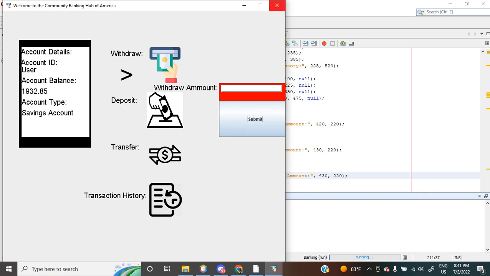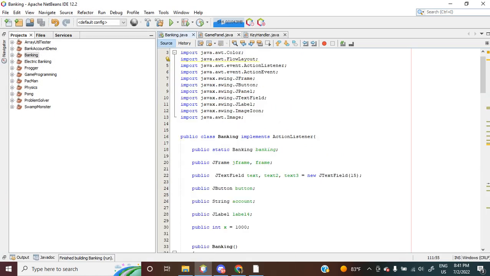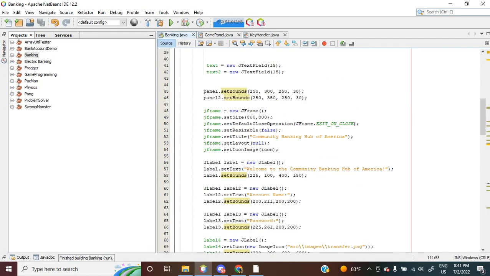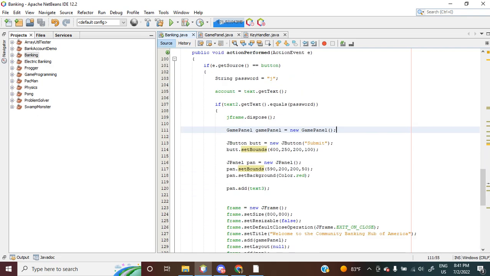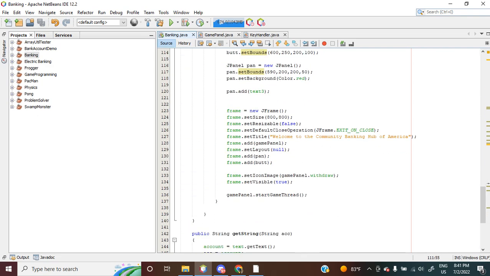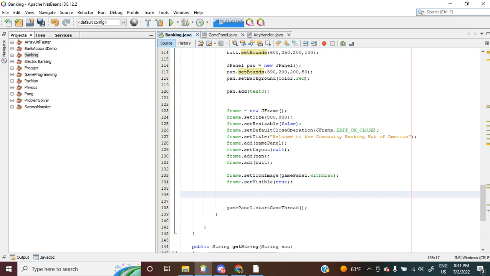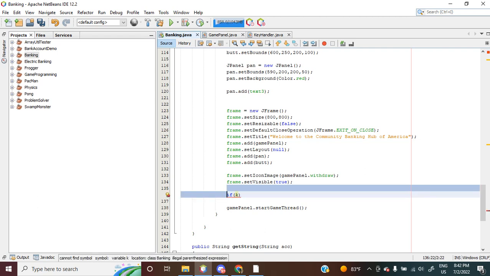So let's work on the withdraw first. First thing we need to check is if